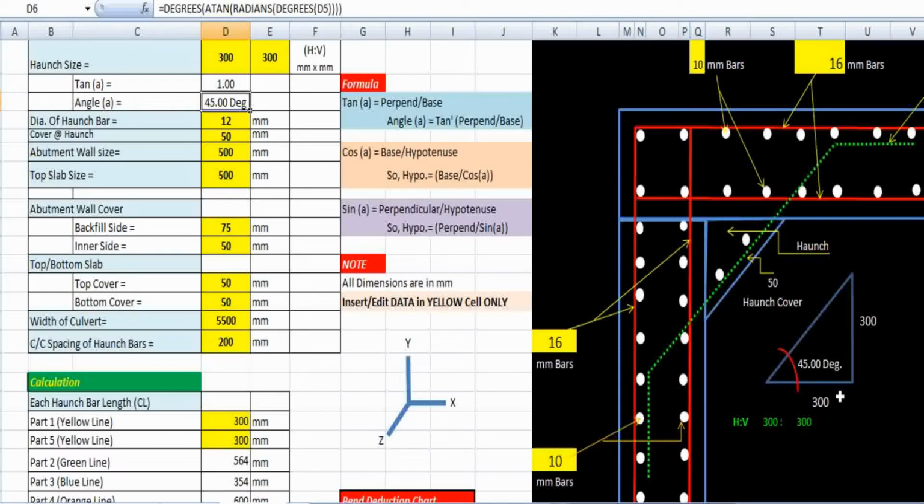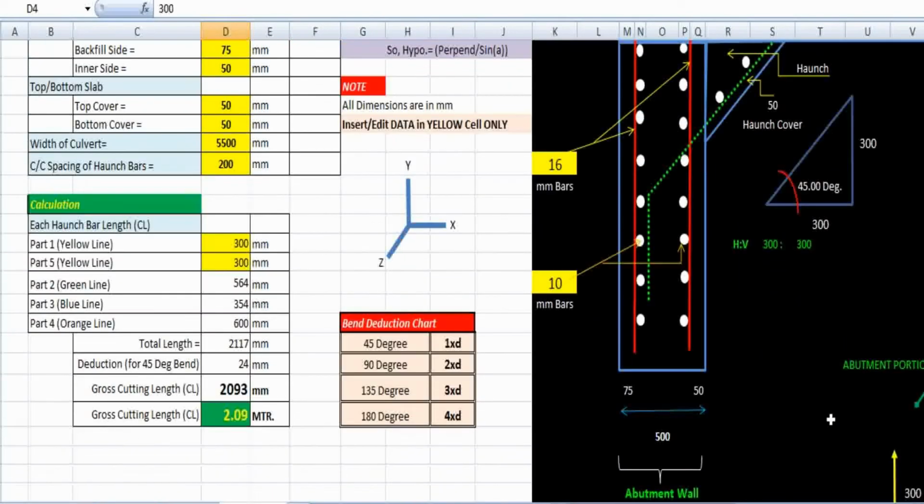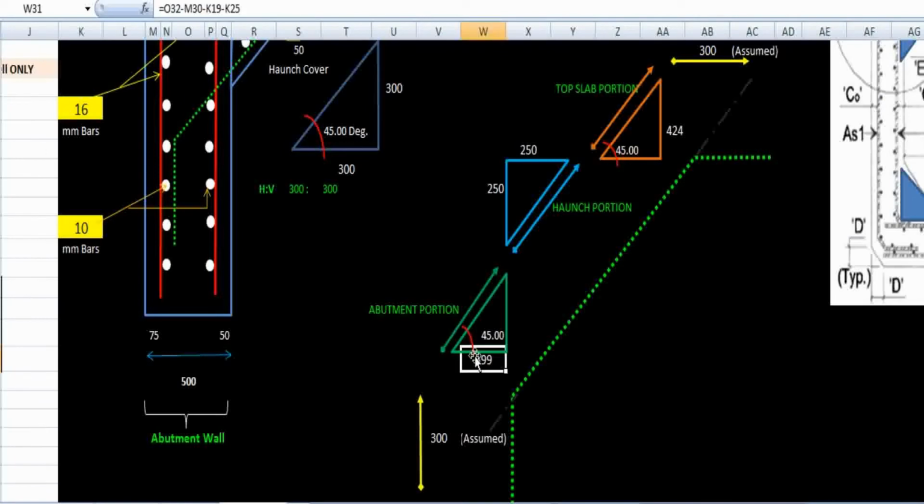So as it is a right angle triangle, the opposite sides are of 45 degrees, having the dimension 300 by 300. If I change it here, suppose I take 600 by 300, then it will have an angle of 26.57 degrees. Okay, in a similar pattern we have taken the dimension of this line. From here to here it has come by